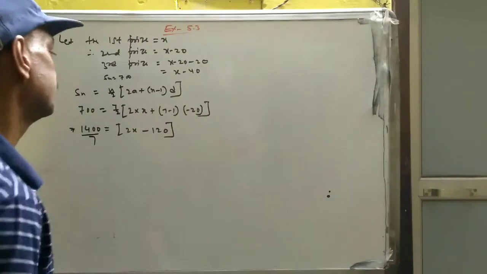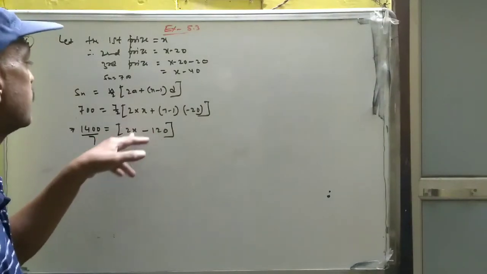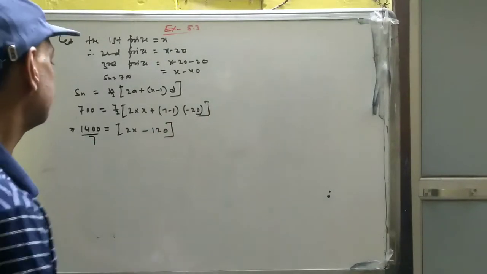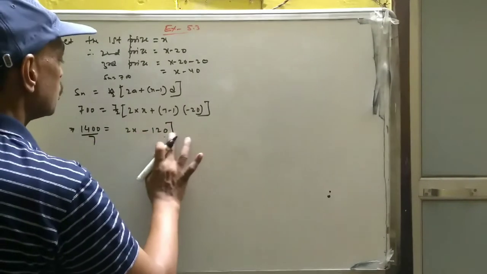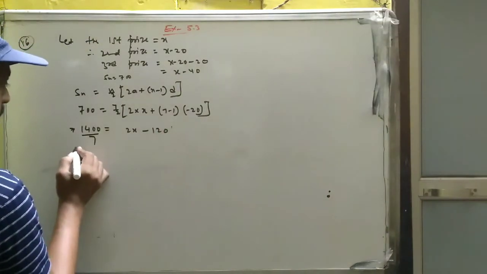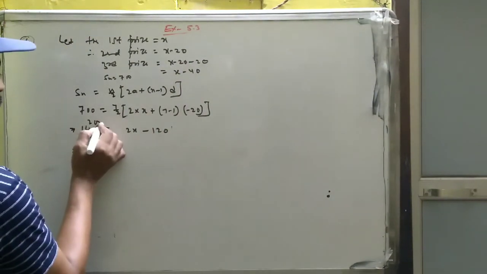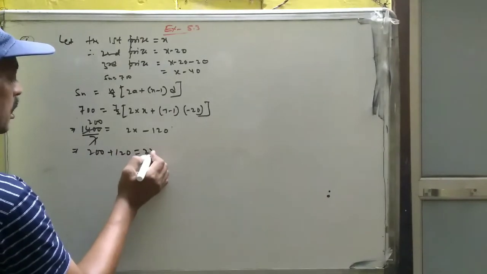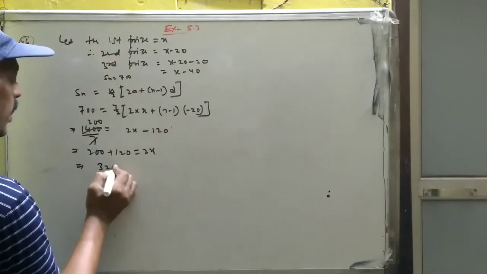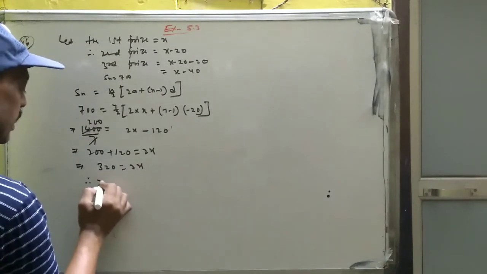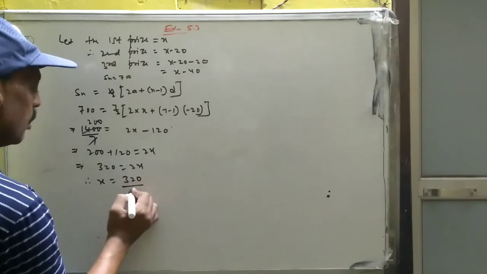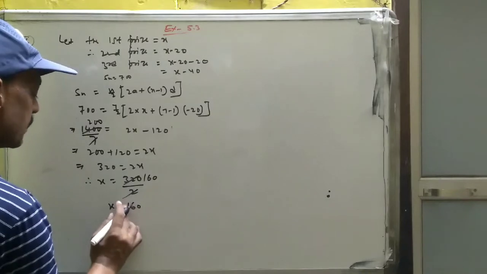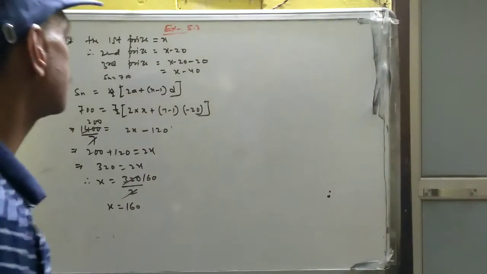120. This one. Look here how I calculate this. 2 into x is 2x, 7 minus 1 is 6, 2 into 20 is 120. You can open the bracket. Bracket is not required here. Now calculate. 7 into 2 is 14, so it is 200. So 200 and this 120 will be here equal to 2x. 320 equal to 2x. So therefore x equal to 320 upon 2, 160. So the value of x is 160. It means that the first prize is 160.